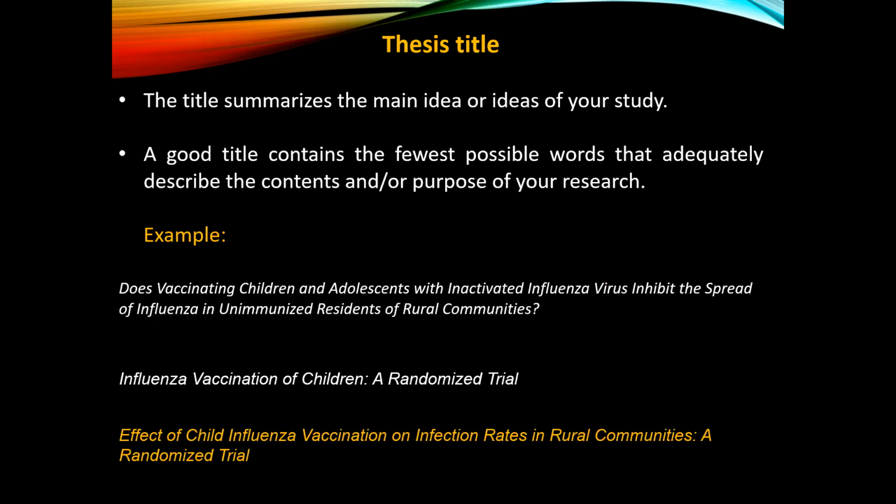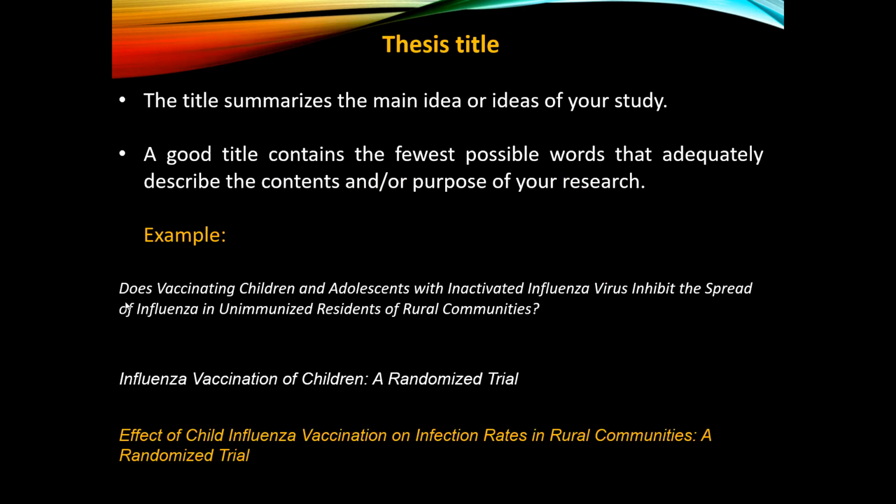We have an infection in rural communities in certain circumstances, and the type of one, even part of the methodology, is put in, which is a randomized trial, not a cross-sectional or even a cohort one or whatever. So the randomized trial is the type of methodology you use on the rural circumstances, the infection, the problem, and how you can treat that problem according to the treatment that you want to experiment with, which is the child influenza vaccination. So here are the three different examples. We just compare between three of them very quickly.